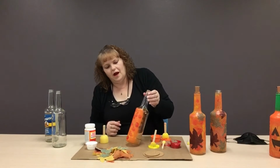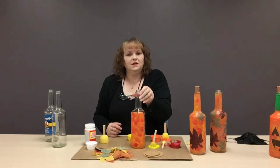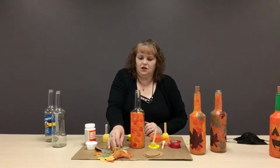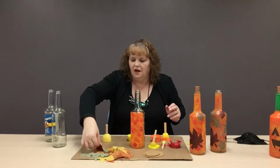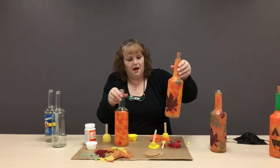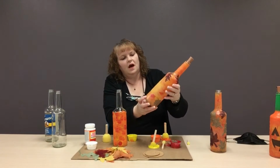Once that has dried, like I said, it shouldn't take that long to dry. But once that has dried, then you can take your Mod Podge and your burlap leaves, and you can decide as you're going what type of colors you want. I discovered on this bottle that I made, I enjoyed making it and I really liked all the different colors